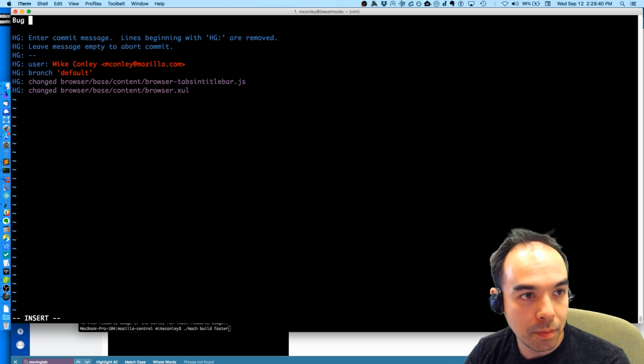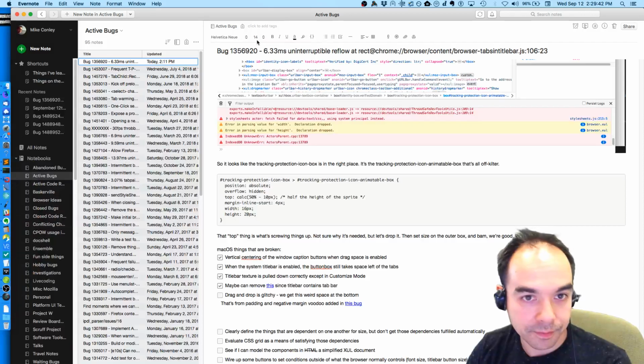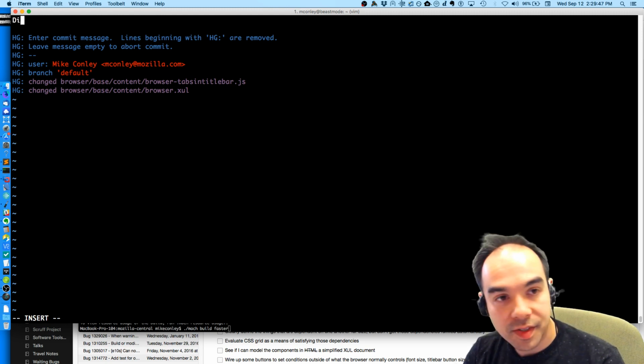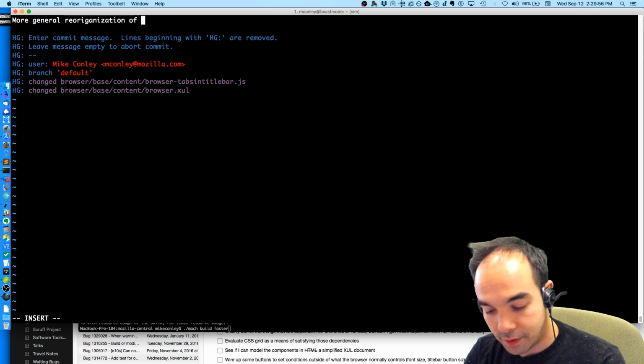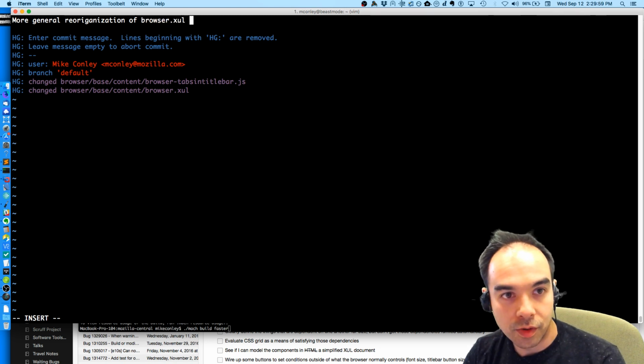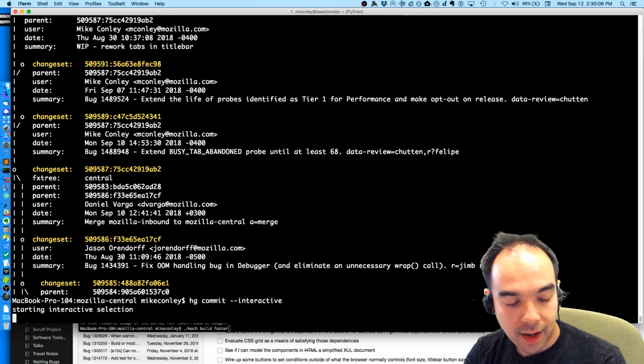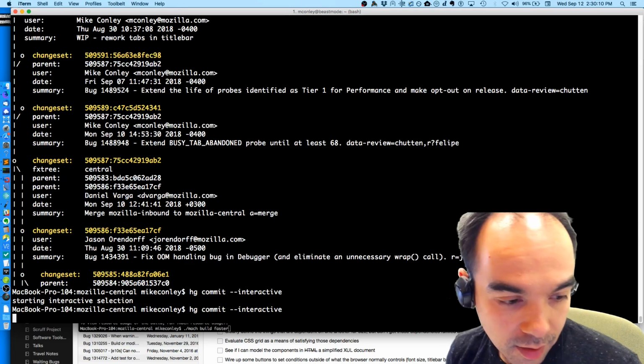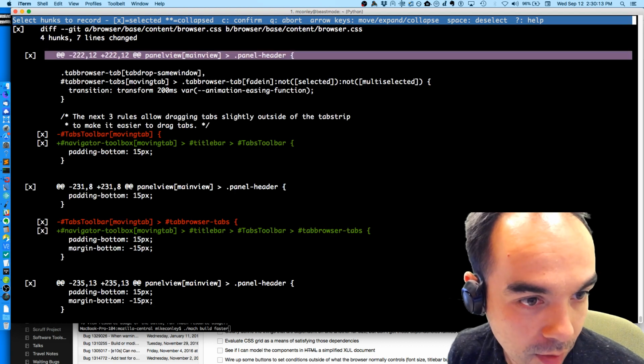Cool, and I'm gonna say bug such and such. Or I'm actually not gonna put that. I'm just like, disable, more general disabling, general reorganization of browser.xul for new tabs in title bar code. So I'm going to fold that in, and then for the rest of these changes, I'm going to do another commit interactive where